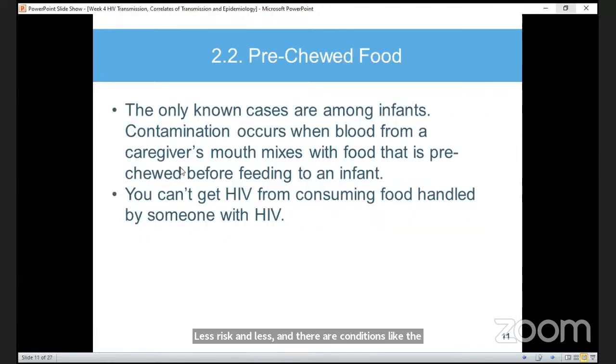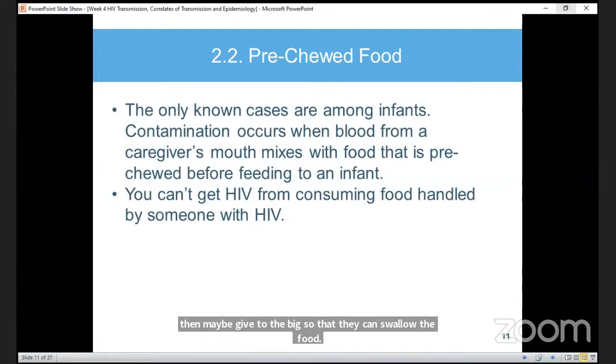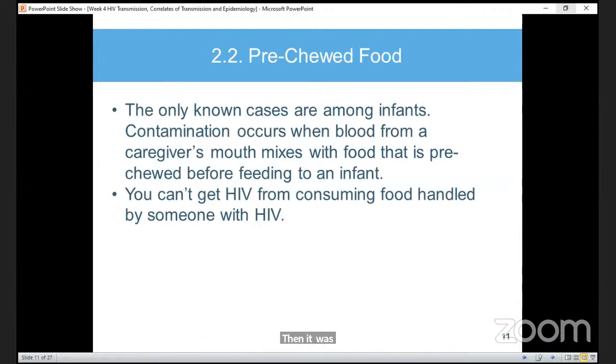Then we have pre-chewed food. Again, this one is also very rare. But of course, in certain cases somebody might chew food and then give it to the baby so that the baby can swallow it. Of course, it is not recommended because it is unhygienic,